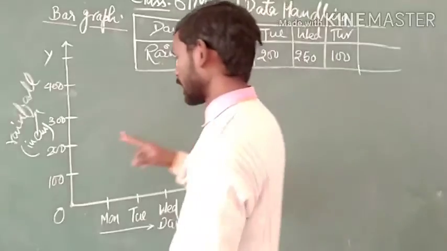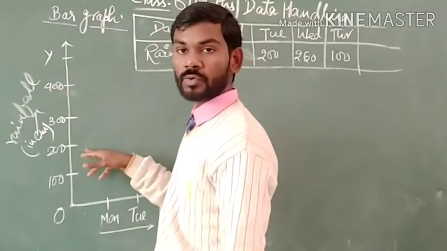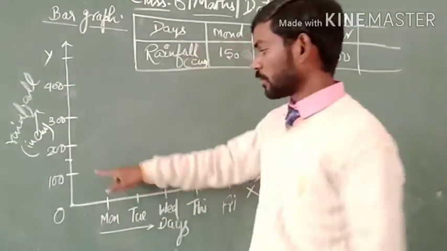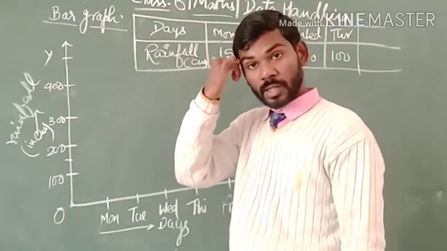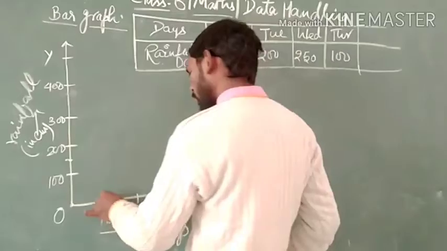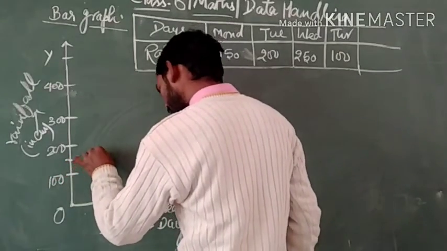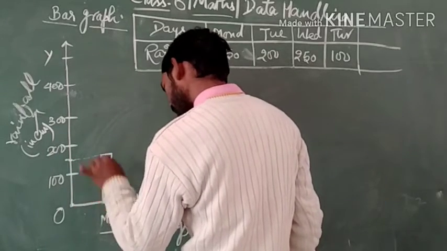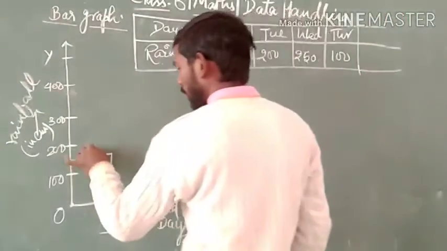So here we can see that 150 will lie between 100 to 200 and it will be its midpoint. This midpoint will represent 150 centimeter rainfall on the day of Monday. Therefore, on the day of Monday, we shall draw a bar like this. Okay, and this will represent the rainfall of